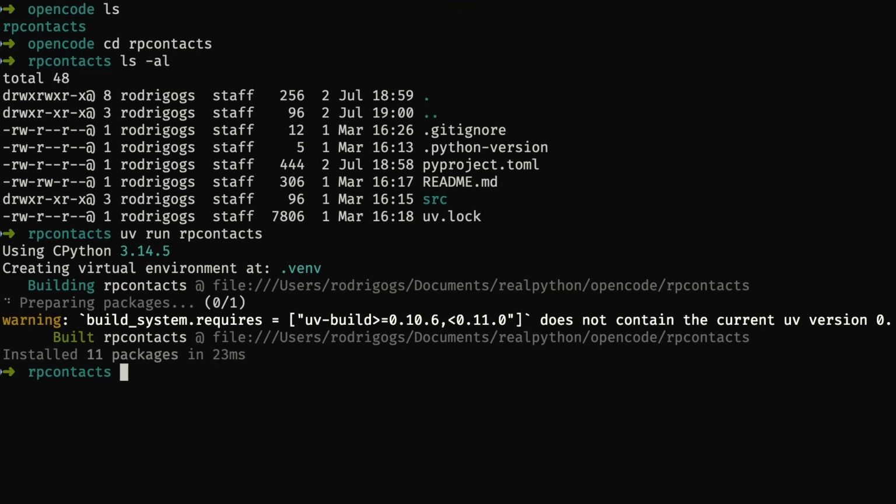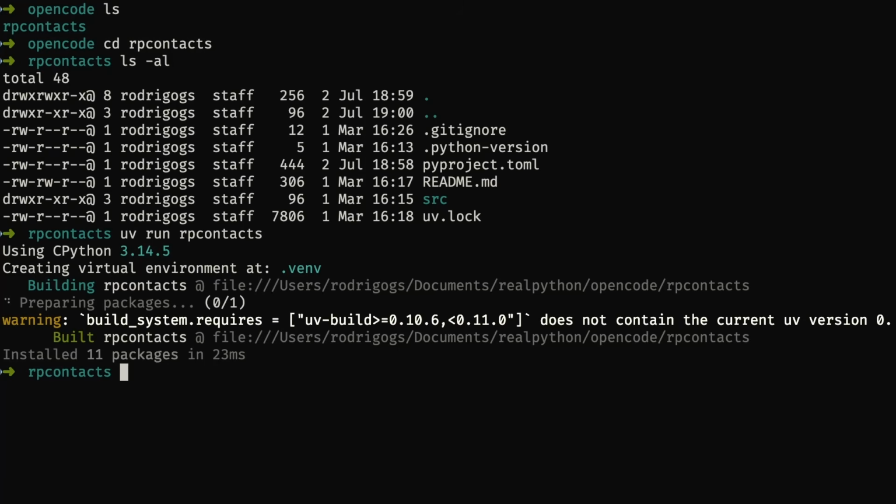And the final thing you need to do is to set up a Git repository so that you can version control your project. And the reason you're doing that, even if you're not going to collaborate on this project with anyone else, even if you don't intend to publish it, is because OpenCode is going to be modifying your code. And while coding agents like OpenCode tend to yield good results in projects with the complexity of the project RP contacts that you're going to be working with, you can't tell beforehand what changes the agent will make. So having a version control system in place and being used makes it that much easier to roll back